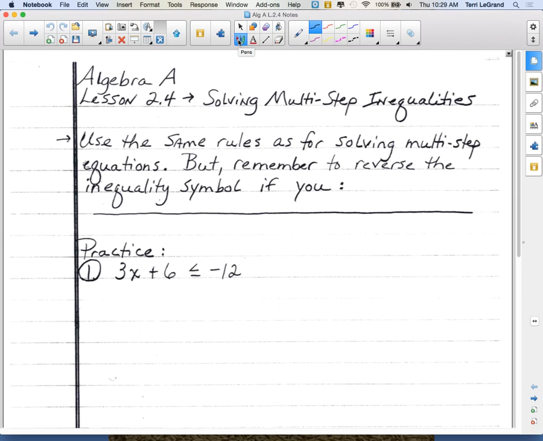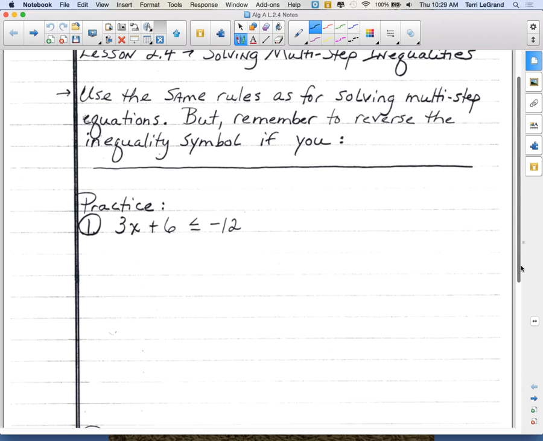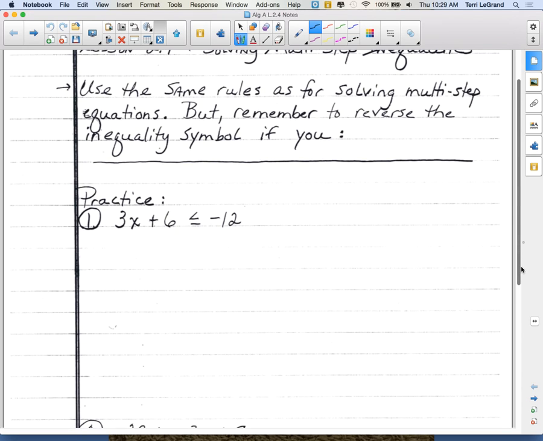Solving multi-step inequalities, or in other words, inequalities that contain more than one operation. But before we start, we're going to remind ourselves that we can use the same rules as if we're solving a multi-step equation, but we have to remember to reverse the inequality symbol if you